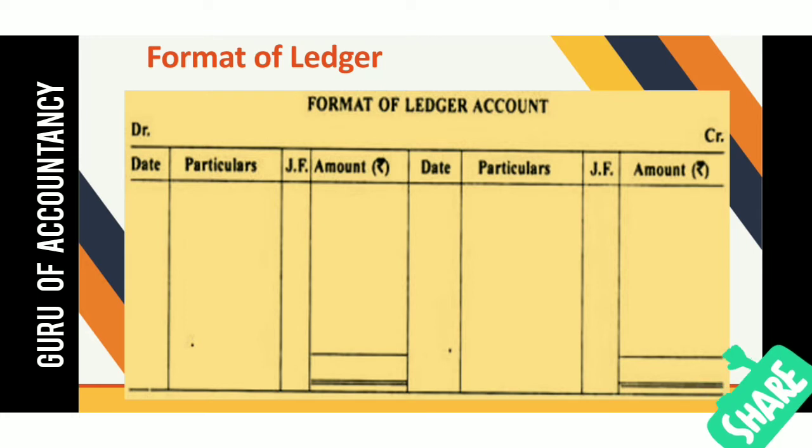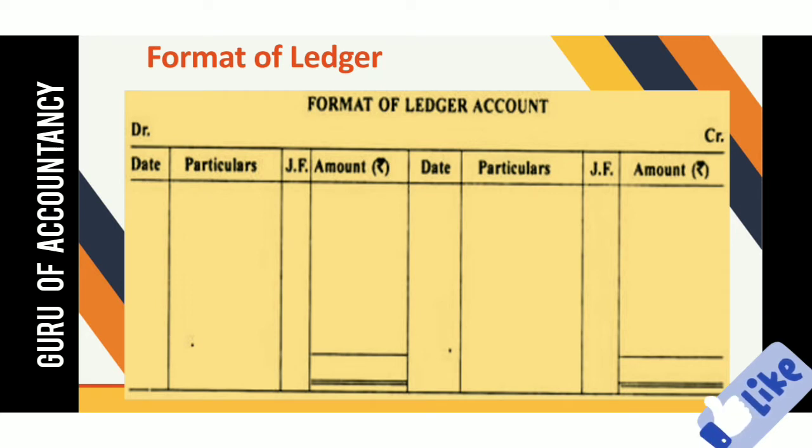Similarly, real account, which includes different assets like machinery, furniture, etc. So in machinery account, in furniture account and different types of asset account, we do posting of that transaction. In machinery account, we will record purchase of machinery, sale of machinery, etc. So similar type of transactions are recorded in a particular account. Similarly, income account and expense account. So different types of accounts are open in ledger. How many accounts to open? That depends upon journal entry. Based on your journal entry, ledger accounts are open.